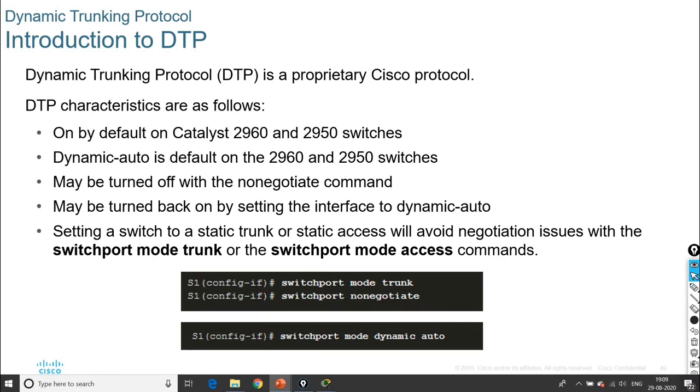By default, Dynamic Auto is the default on Catalyst 2960 and 2950 switches here. DTP may be turned off with the nonegotiate command, and setting the switch to static trunk or static access will avoid negotiation issues with the switchport mode trunk and switchport mode access commands here.